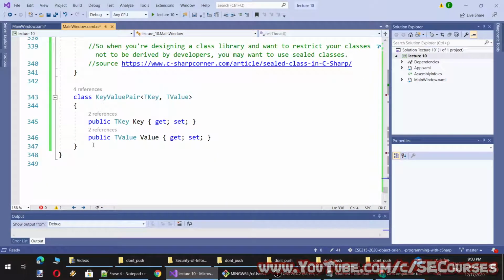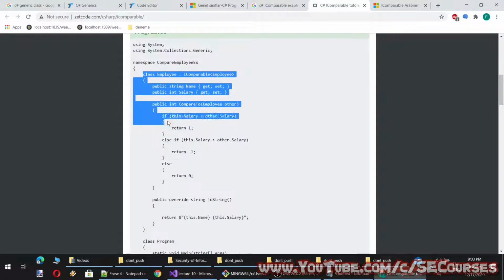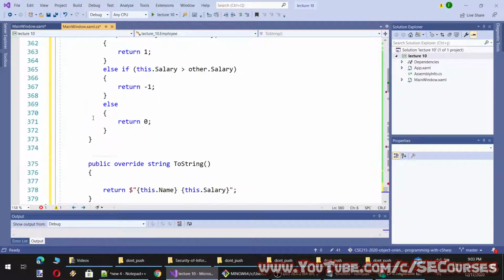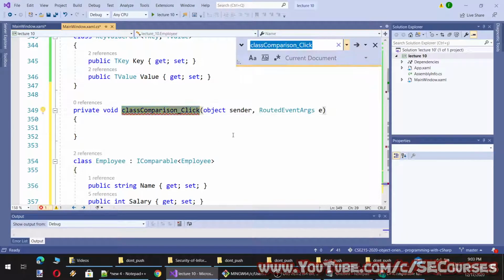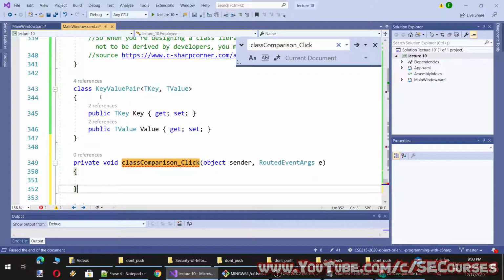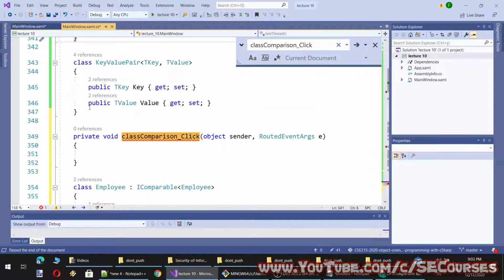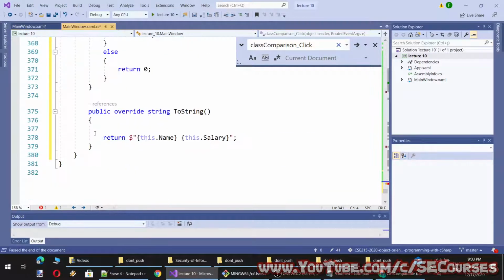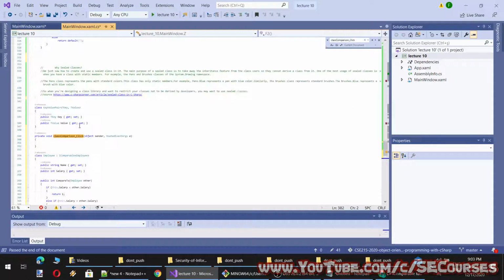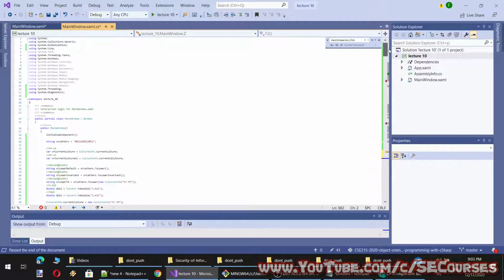So let's move this to the end and let's compose the class. Oh, so this is where our main window ends. Okay, I will move this to here. Okay, yes, correct.